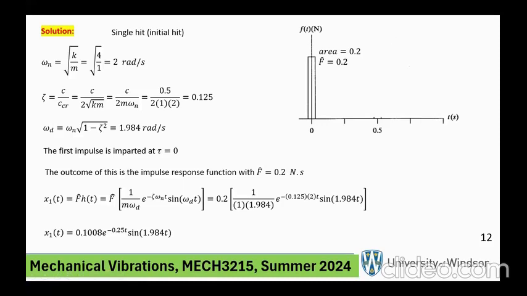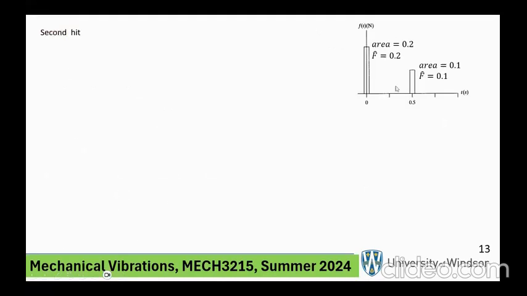And in fact, until the second hit occurs, the double hit occurs, this is the response of that device. For example, if you're thinking about mass spring damper system, here's the displacement of that mass. Now, when the second hit occurs after 0.5 seconds, we know the value of f hat is 0.1, also coming from instrument hammer. Okay, so we just write the solution due to the second hit,